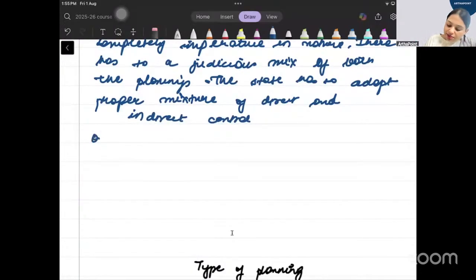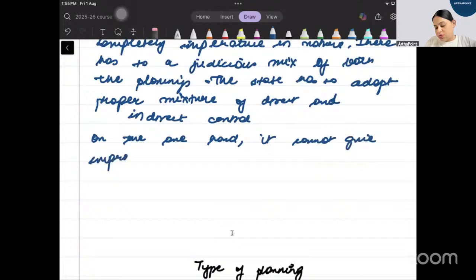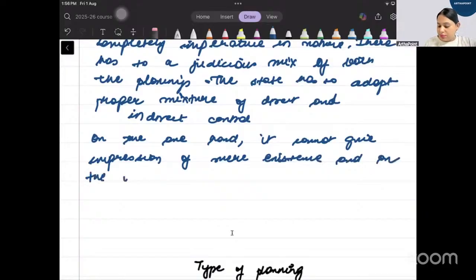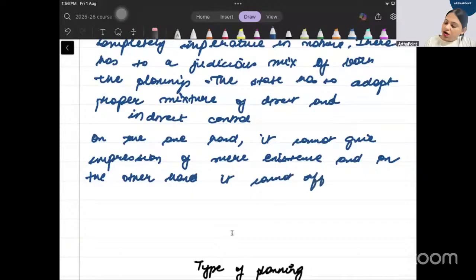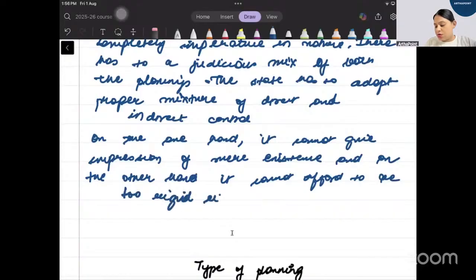So on the one hand, it cannot give the impression of mere existence. And on the other hand, it cannot afford to be too rigid either. To be too rigid either, right? So I hope this is clear to you as to what are the kinds of planning which we follow in different types of